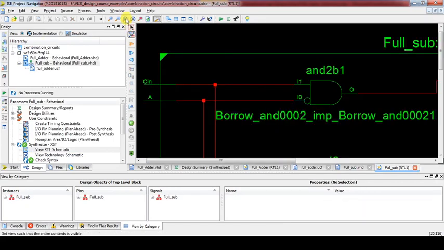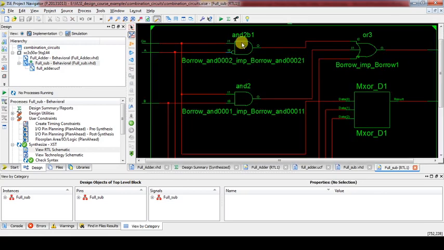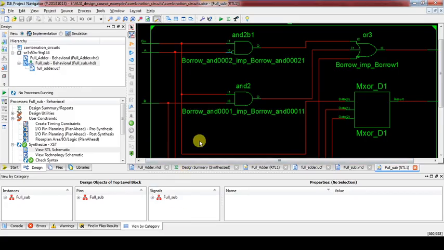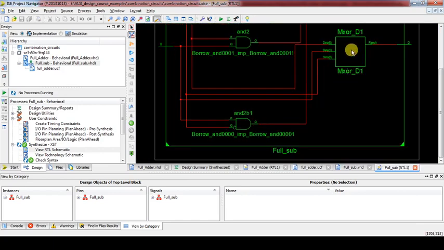Double click on this and we get the internal structure. If you see here, AND gates with NOT. The A input is always with the NOT. So if you see the function here, the input to all three AND gates is with a NOT gate. Here the three input XOR is the same. Like this, synthesis is also completed.